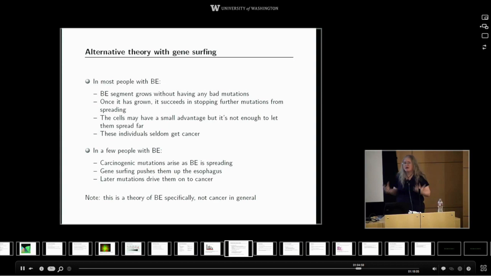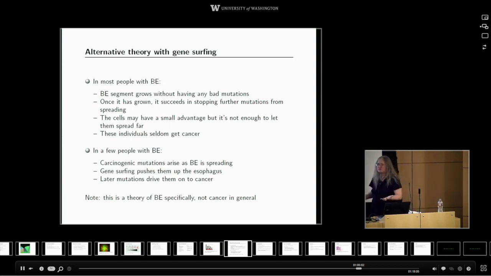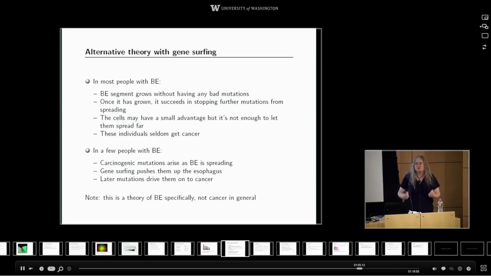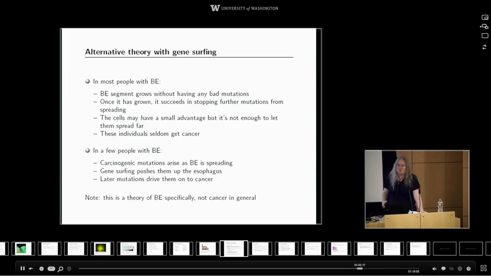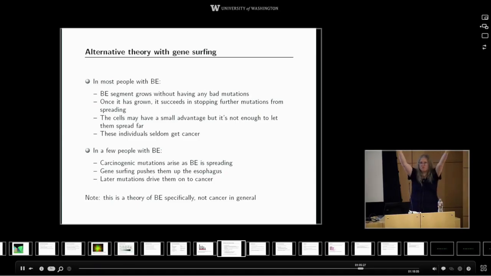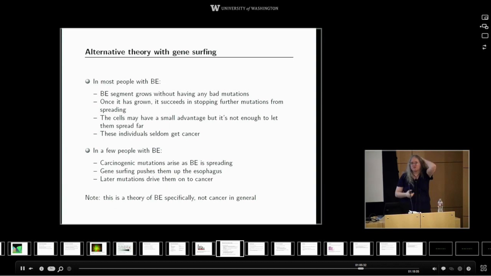Once Barrett's esophagus is established, it does its job. It prevents mutations that occur subsequently from spreading. So your risk of cancer is very low. Barrett's is actually possibly saving your life here because that crypt structure is really robust in terms of stopping mutations from spreading. In a few people with Barrett's esophagus, they unfortunately hit the jackpot during the initial spread. A bad mutation arose, and just like a single individual in French Canada, it had descendants in this big sector all the way up through the esophagus. Now there is a big target for the second or third mutation that's needed to get to cancer.